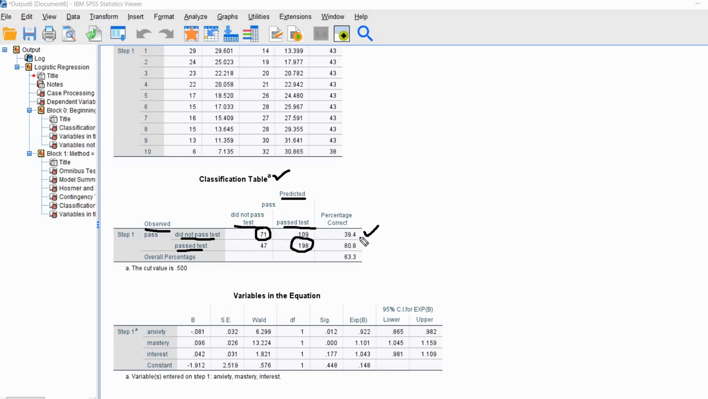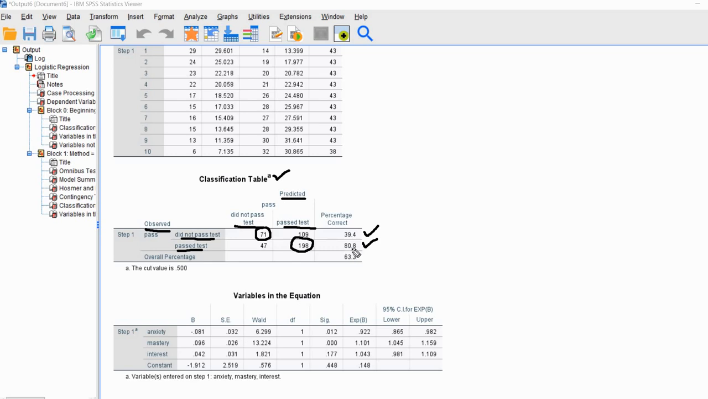And that 39.4% is basically indicating that of the 180 individuals who were identified as not passing the test, we had 39.4% correctly predicted by the model to not pass the test. So that is actually referred to as the specificity of the model. In the next row right here, we have the sensitivity for the model,